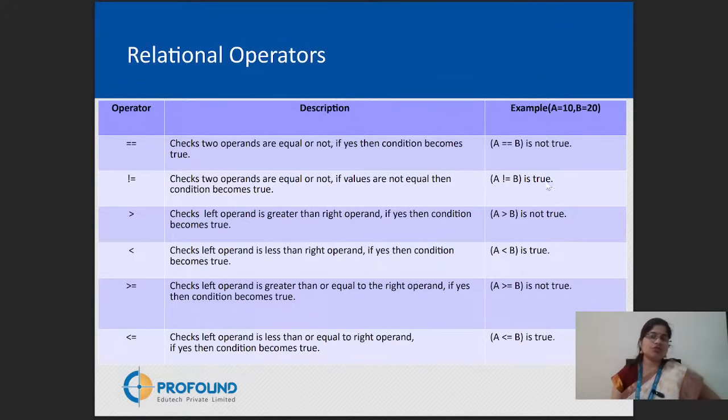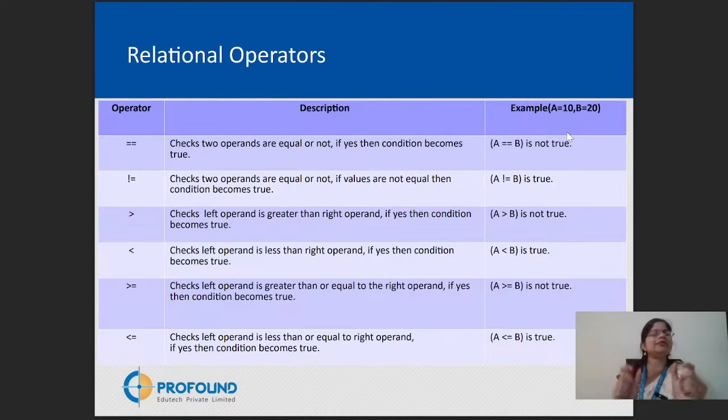Yes, it is true, A is not similar to B. A is greater than B, it is not true because A is not greater than B. A is less than B, sorry, it is true, 10 is less than 20. A is greater than or equal to B is not true. A is less than or equal to B is true. A is less than B, okay.